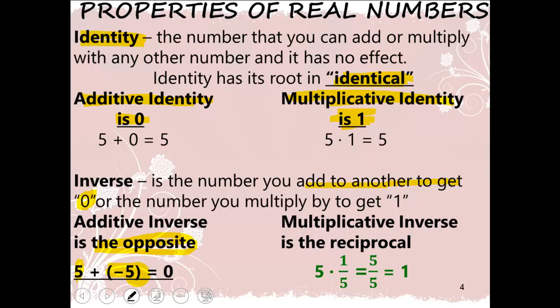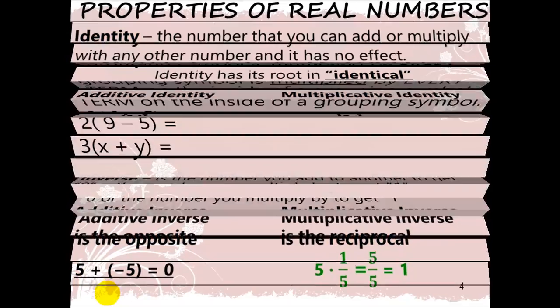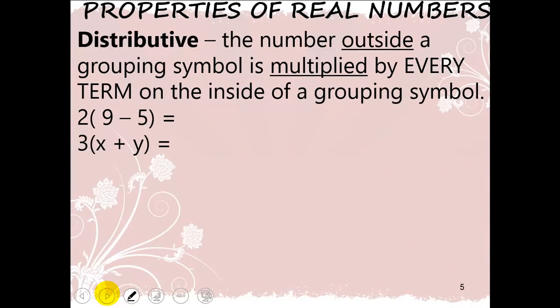The multiplicative inverse is the number that we multiply a number by so that we get a product of 1. So that's the reciprocal. You flip the fraction. If you have an integer, you put 1 over that integer. If you have a fraction, you flip that fraction. That's what reciprocals do. The next property is the distributive property, and basically what it says is that any number outside